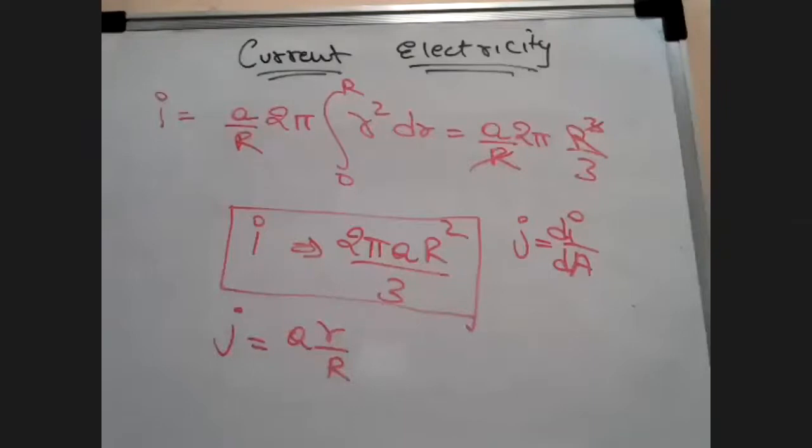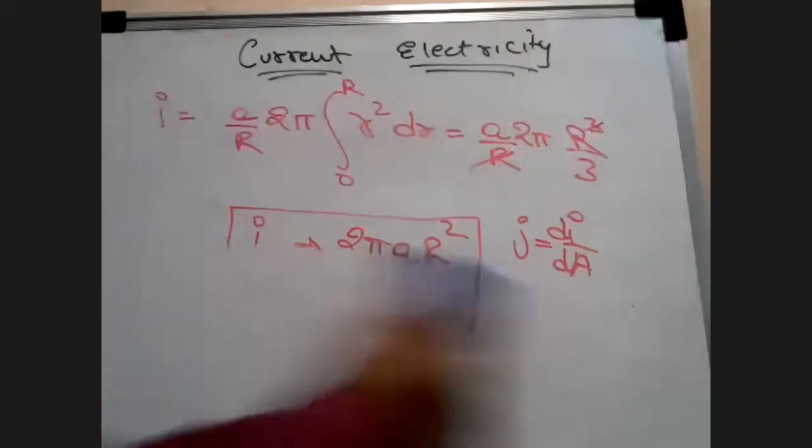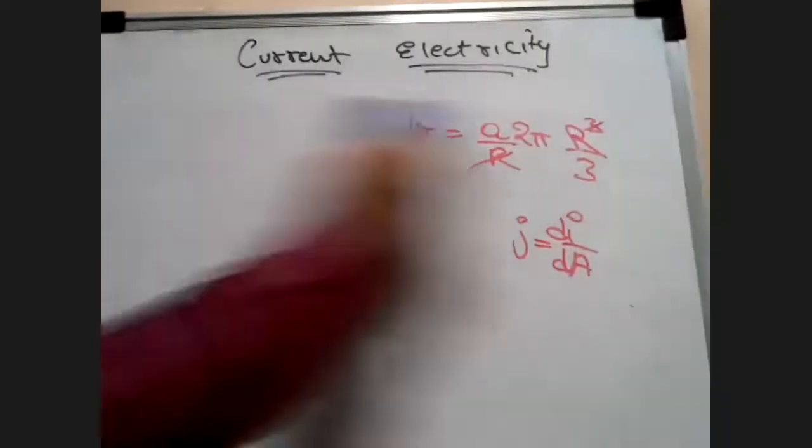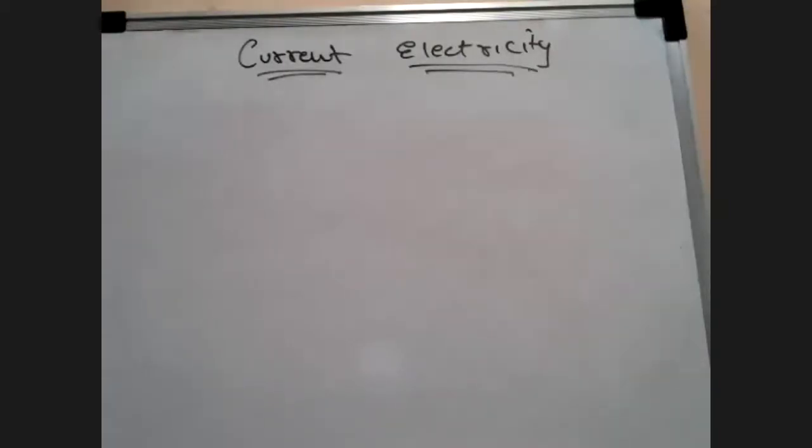Okay, what is small a? It is just a constant. It is there to confuse you, nothing else. Okay, so let's go to another small sum. Of course, these are not sums, these are conceptual questions. Let's say that I want to determine the current through a cylindrical shell.